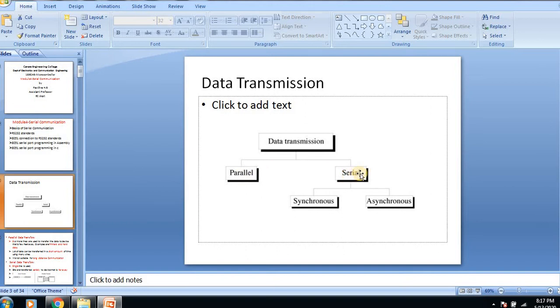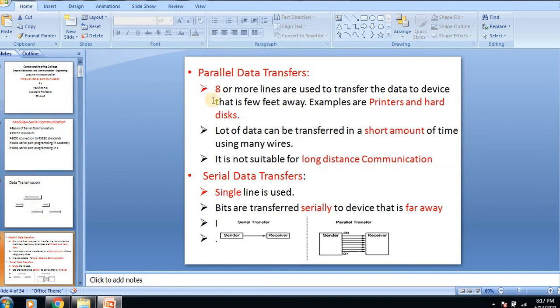First we will see how parallel data transmission and serial data transmission take place. Usually any digital data is represented in the form of bytes, and one byte is referred to as 8 bits. So in parallel data transfer, to transmit the 8 bits, there will be 8 lines, as you can see in this diagram. Here we have a sender and a receiver, and the bits we need to transmit from the sender to the receiver are D0 to D7. So we have 8 lines between sender and receiver.